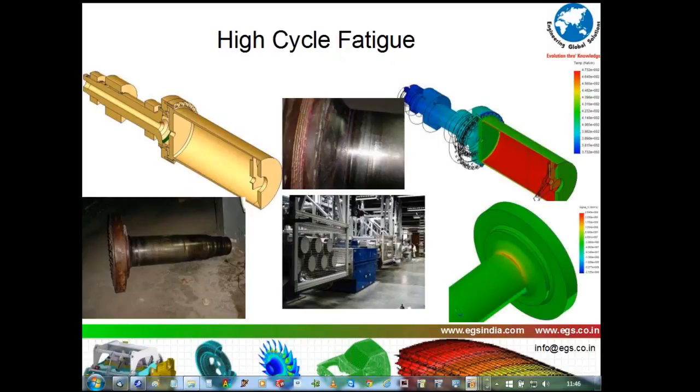The tenacity in the polyester yarns comes as a result of the fiber going through heating and loading conditions wherein the crystalline orientation happens, leading to a higher tenacity in the polyester fiber. Now here, the Germans had done a factor of safety calculation, while what was required was a fatigue life estimation. So we were able to estimate the fatigue life, we were able to estimate the amount of life left, and